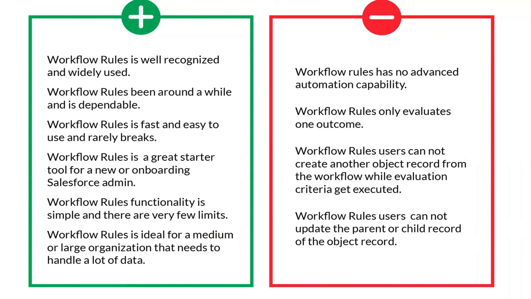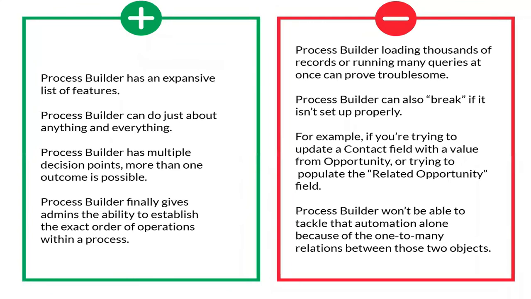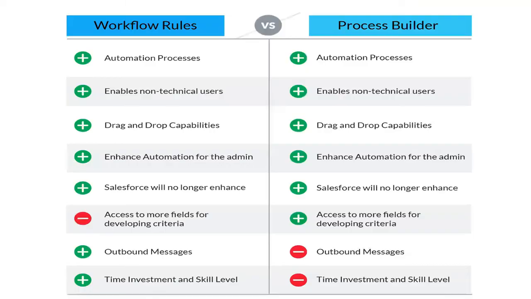This is for workflow rules, and this is for process builder. Take a screenshot for this process builder and try to analyze what is happening, what is the advantage, what is the disadvantage. Try to analyze it and try to create data. If you have any doubt, it will be clear, right? Take a screenshot for the process builder as well, and see what the difference is between workflows and process builder.